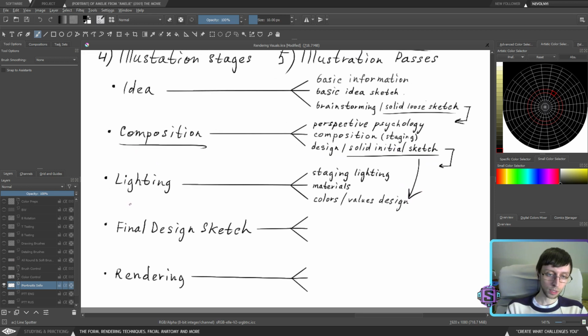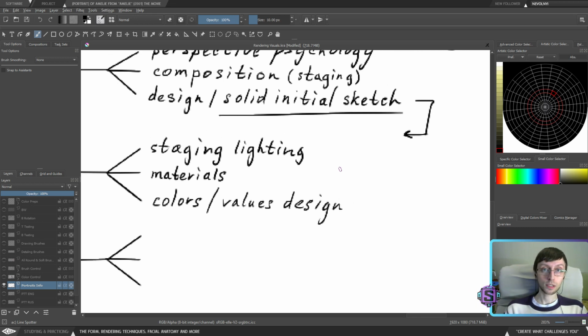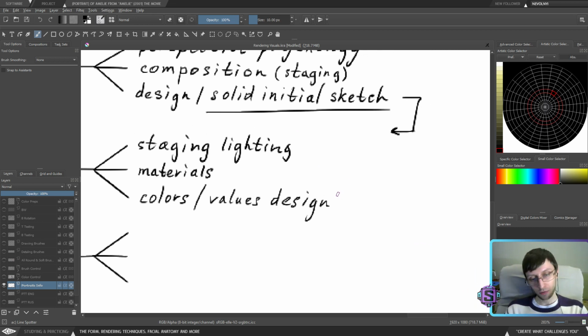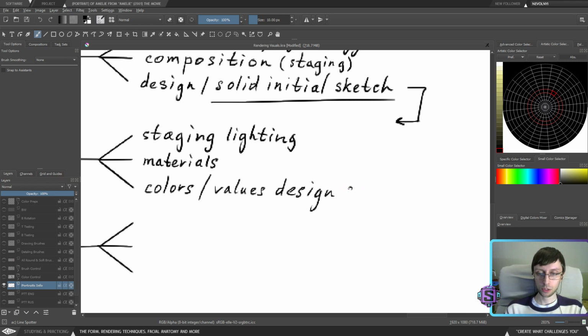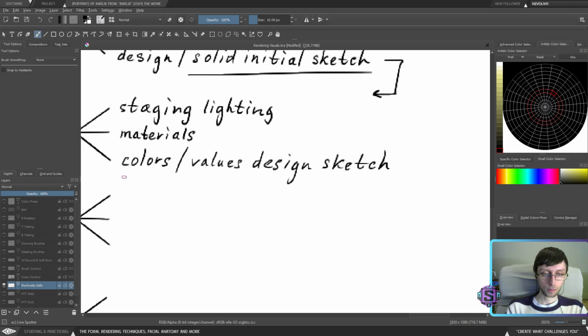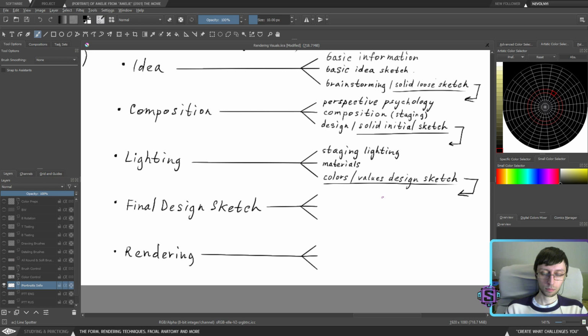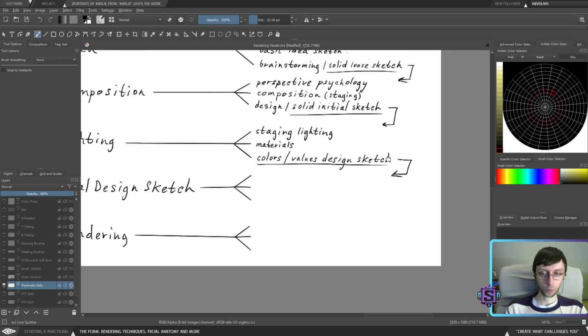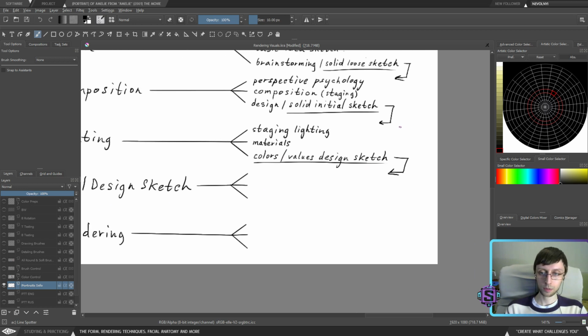Again, this is more drawing, this is more painting. Especially this is the way that I'm seeing it. So colors and value designs. Okay. And of course sketch. So again, this is the last pass for this stage, which will finally help me to go to the next one. And then we're going to use both these stages and apply these stages in here.